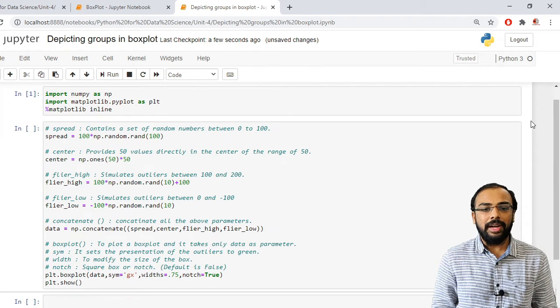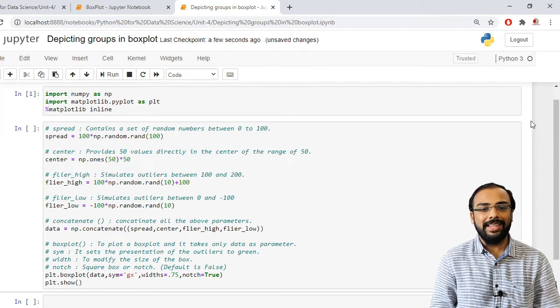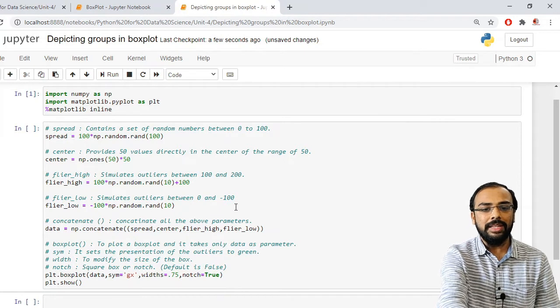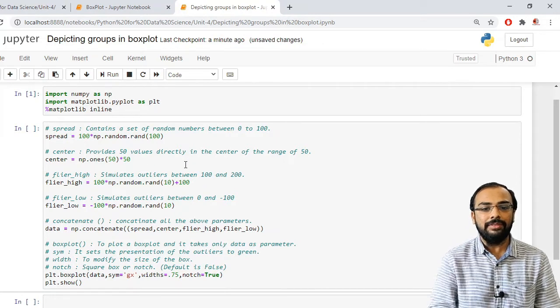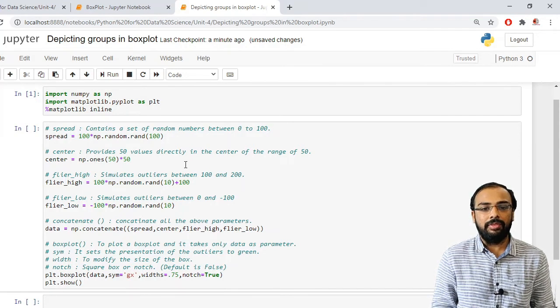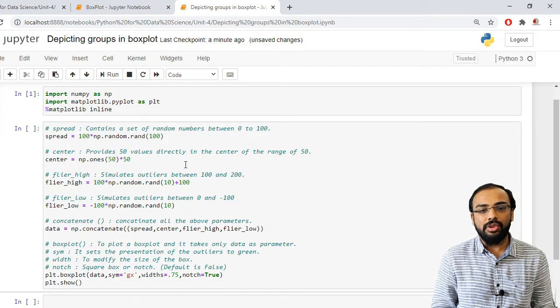Now after spread, the second attribute we have to specify is center. So what does this center mean? It will provide you 50 values directly in the center of the range of 50.